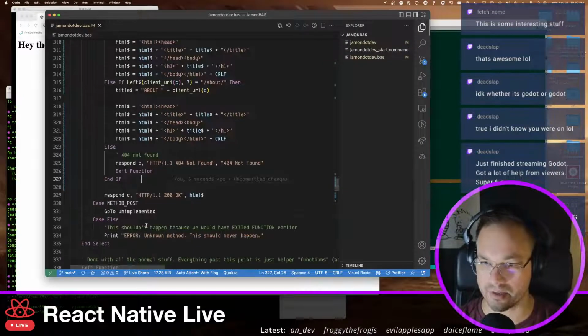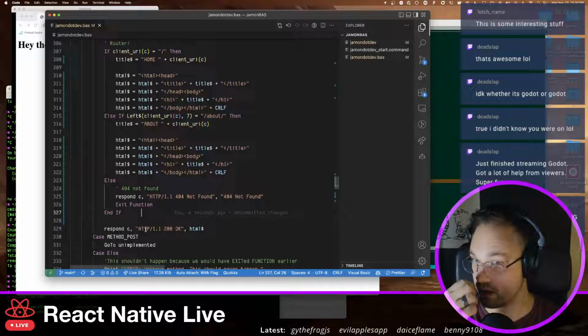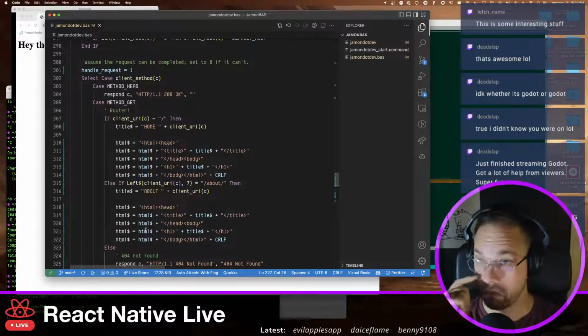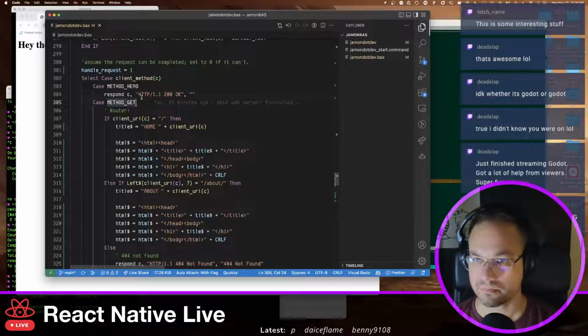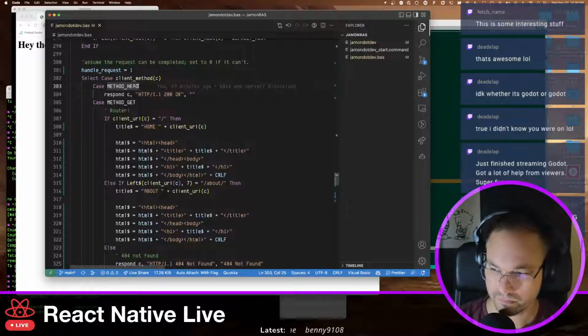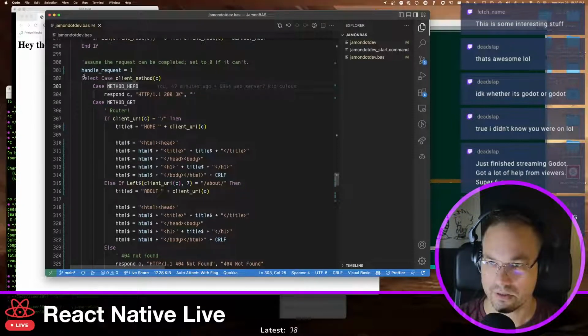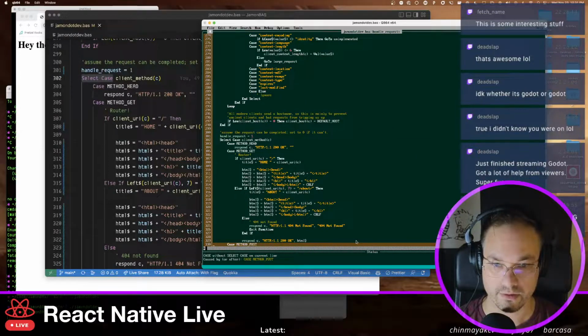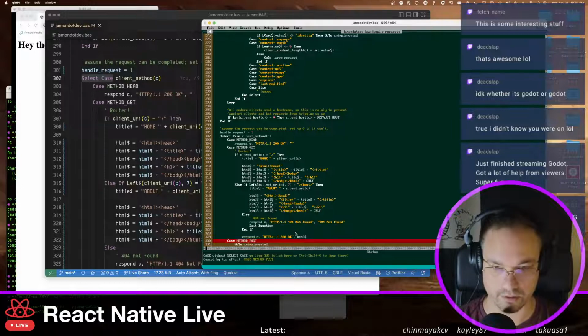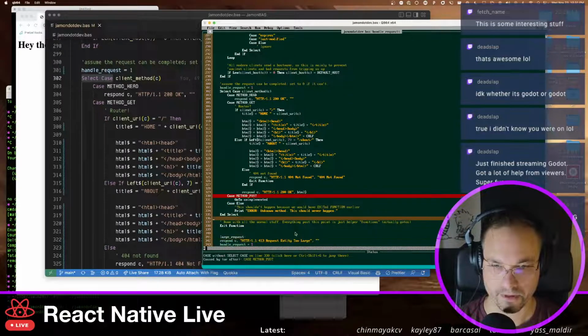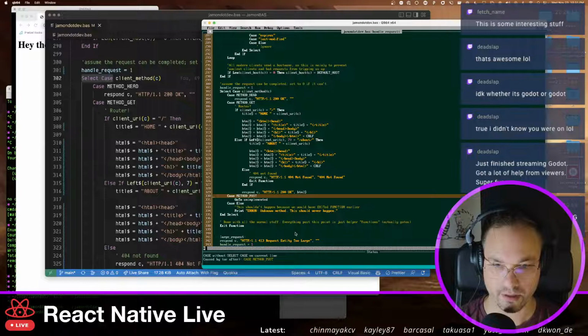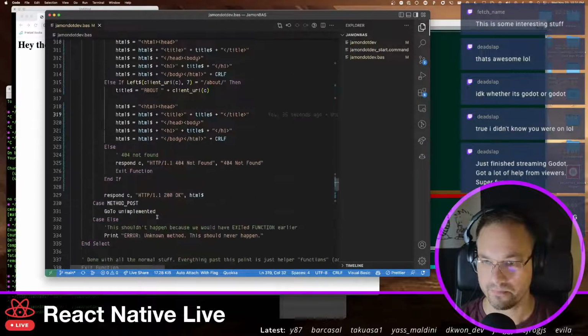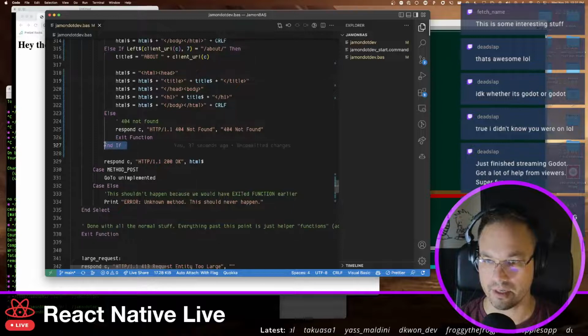Where did I mess something up? So select case, what's kind of cool is you can hit Control-Shift-G and it'll show you where the error is, which is legit really cool. So this case, so we're missing something. There's an if, there's an else if. I think we're missing an end if. We're missing an end if